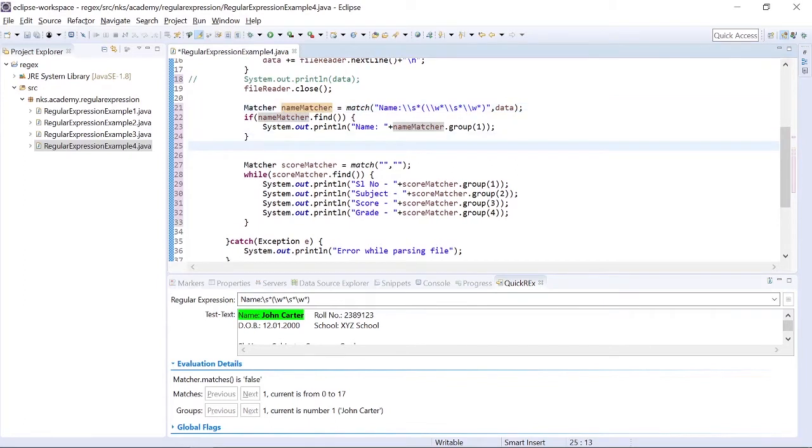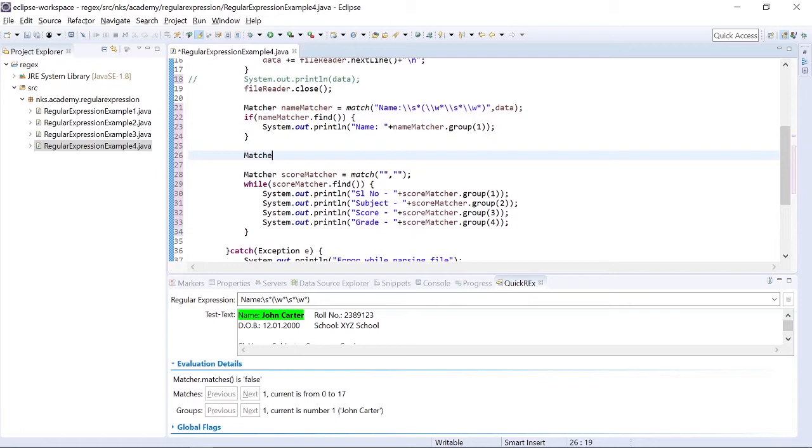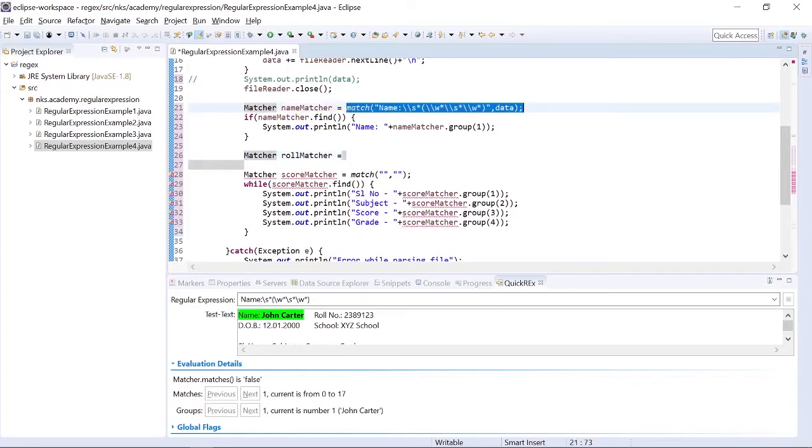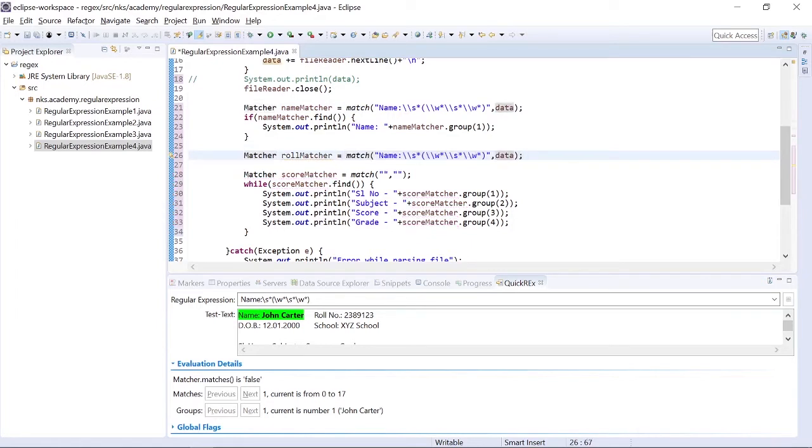Now next time we want to write a regex for roll number, we can just do roll matcher equal to, we can call this function again. Just we need to change the regex.